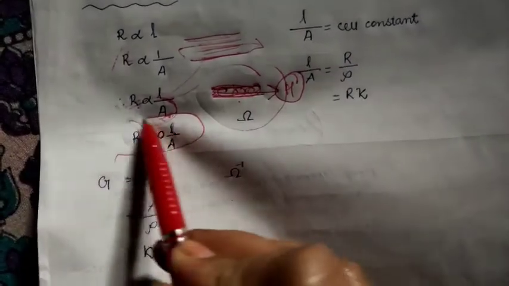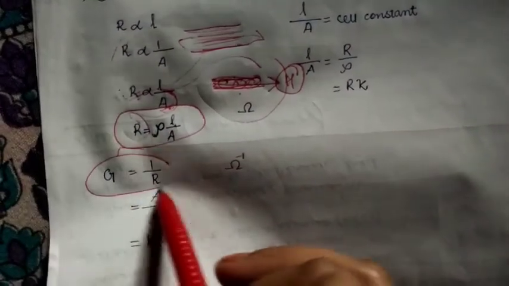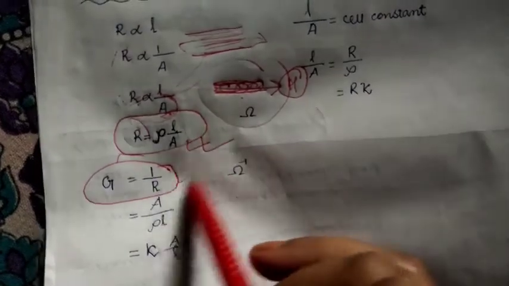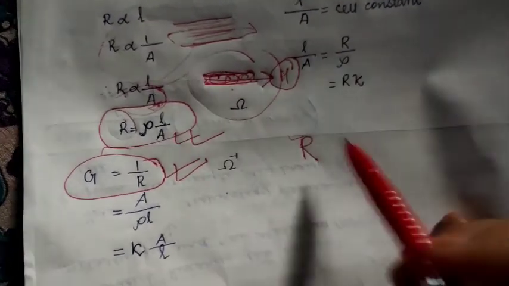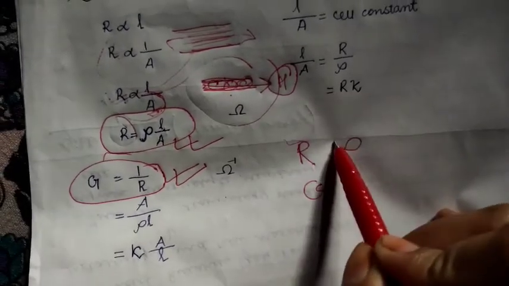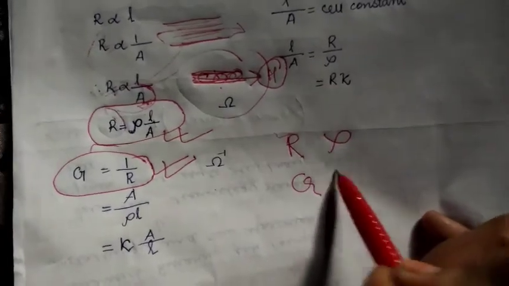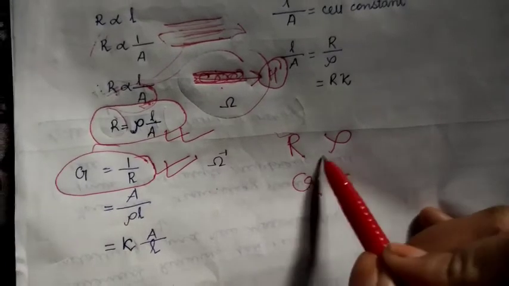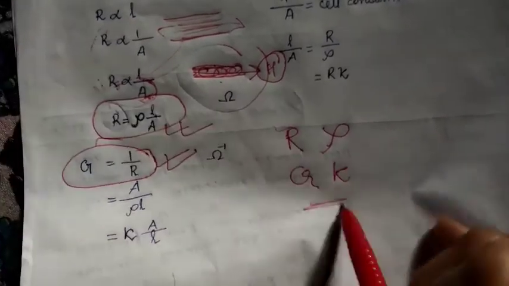So you have to remember this thing. This term is important and this one is important. If you know these two formulas, you will know the rest. No need to worry about it. Okay, so resistance, conductance, resistivity, then conductivity. Clear? So this is rho and this is kappa, Greek letters.